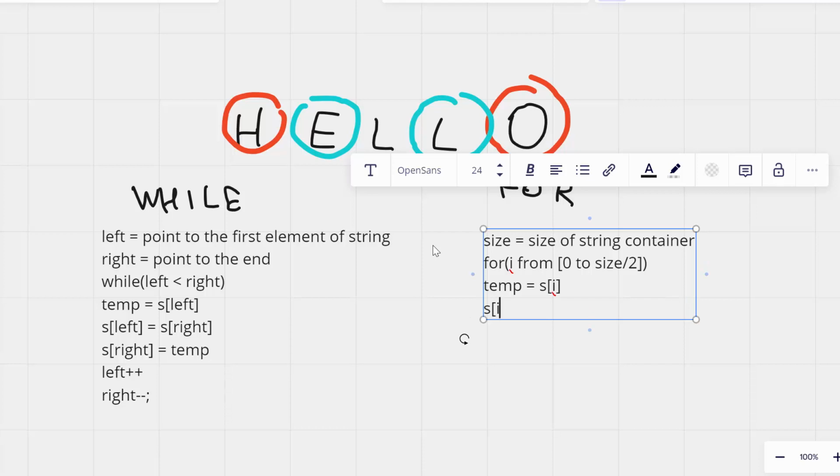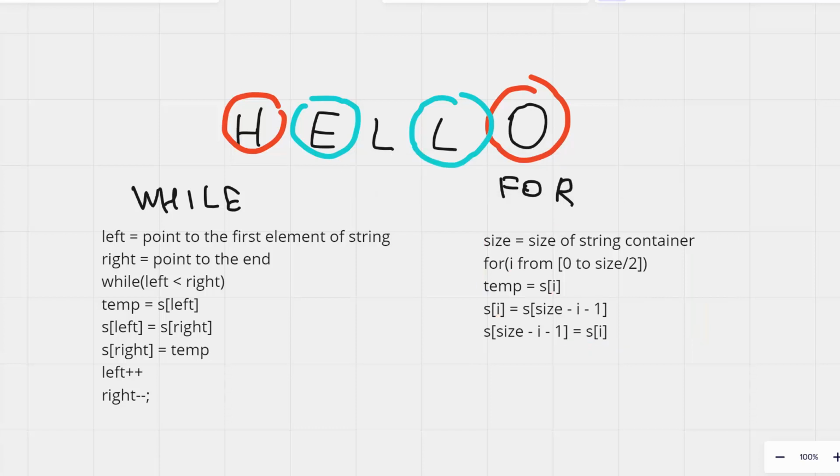After I store this element I can assign to our first element the corresponding last element, so it will be s with the index size minus i minus 1, and to this corresponding last element, s[size - i - 1], I'm going to assign the temporary value of s[i]. Okay, I hope now you understand the principle of our solution. You can see two variants of the pseudocode, using a while loop and using a for loop.